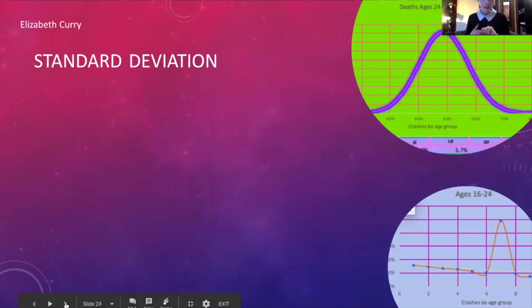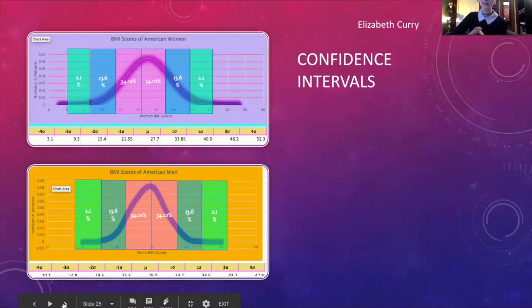Standard deviation. The standard deviation is a quantity calculated to indicate the extent of the deviation as a whole. For the ages of 16 through 24, the standard deviation is 6.2%, whereas the standard deviation for the ages of 24 through 69 is 1%. If you look on the bottom, that bell-shaped curve right there is the frequency of data. Okay, let's do